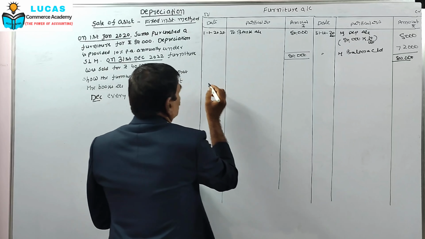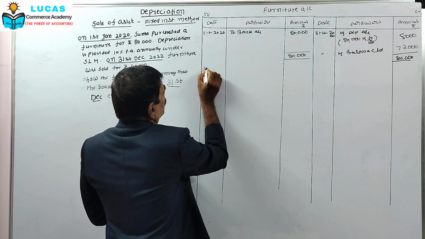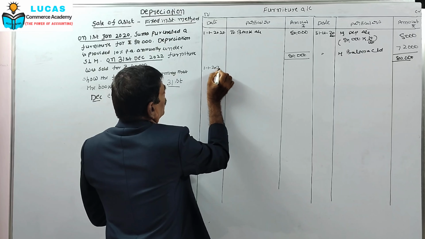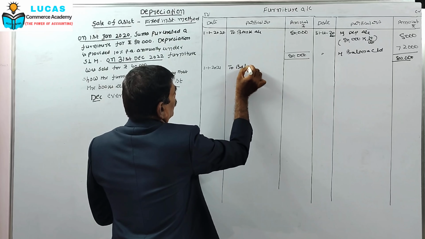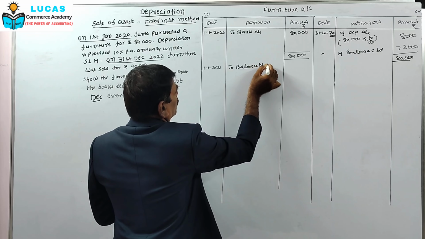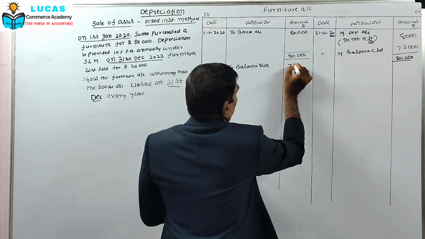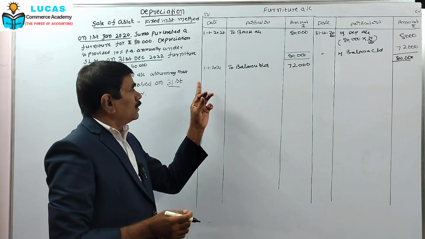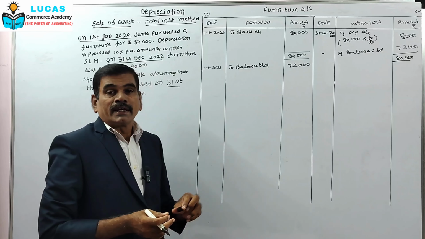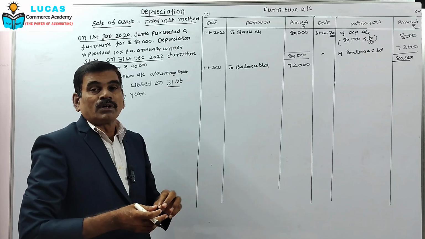So then the same amount brought forward to next period. So 1/1/2021, to balance b/d, 72,000. Okay. Then no further transaction takes place between 1/1/2021 to